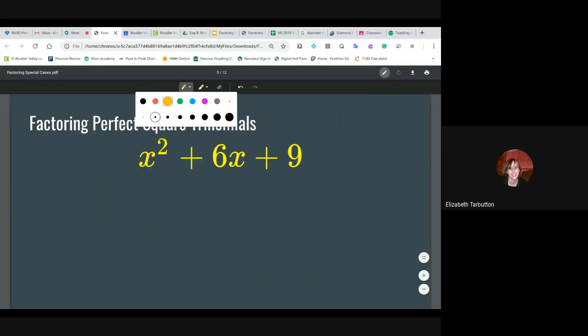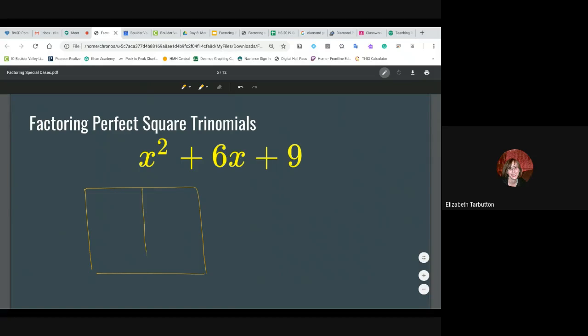Okay, so we can make our grid, and our x squared goes here, and our 9 goes here, and then we do x squared times 9 is 9x squared, and our 6x goes here, and we think about what multiplies to 9 and adds to 6. Then we get 3x and 3x. And then we factor out, and we get x plus 3 and x plus 3. And so x plus 3 times x plus 3 is our factored form,